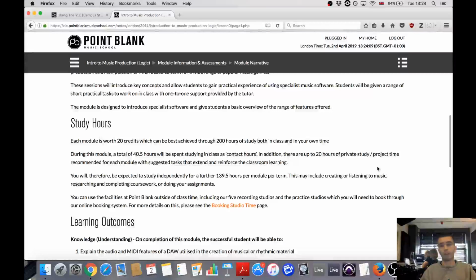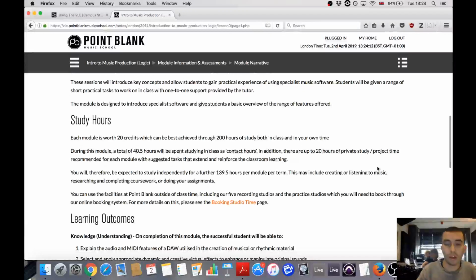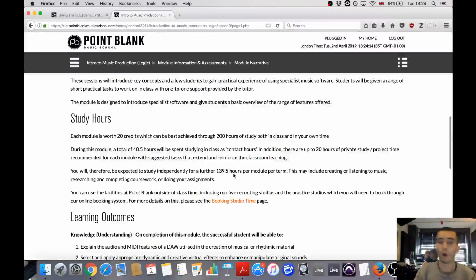So you can have time using the facilities here. And then also up to 140 hours of independent study. Obviously, when you're doing a degree, it's really important that you're putting in the work behind the scenes effectively if you want to achieve the top grades. So that's how much we advise. Feel free to do more if you feel you need to, whatever you need to achieve good grades, and everyone needs to spend a different amount of time on things. But these are guidelines. It's not like, oh, I've only spent 100 hours, I'm falling behind. If you're talented and are doing the work, then that's fine.